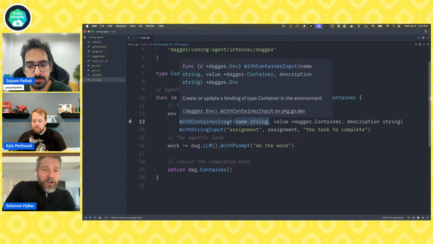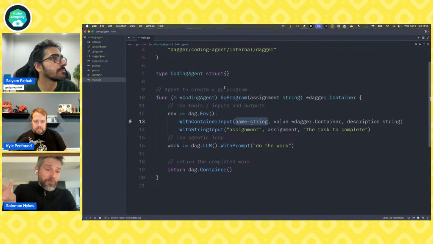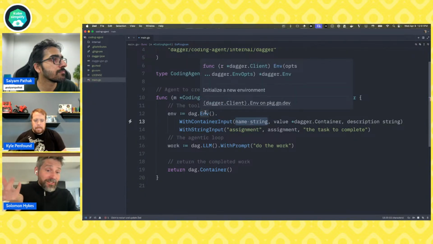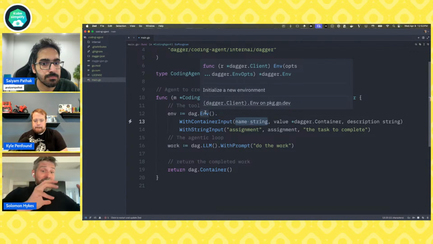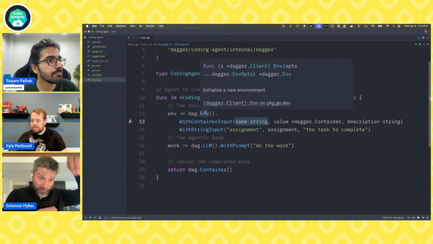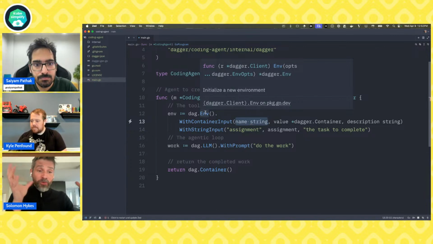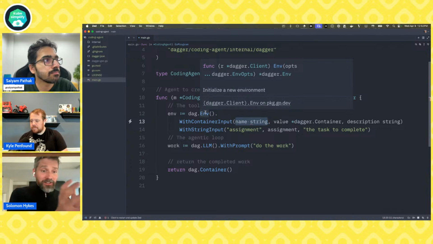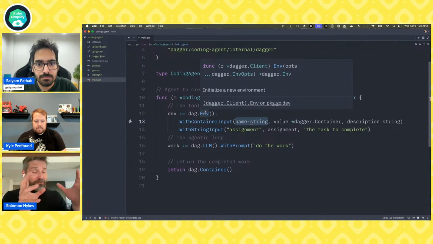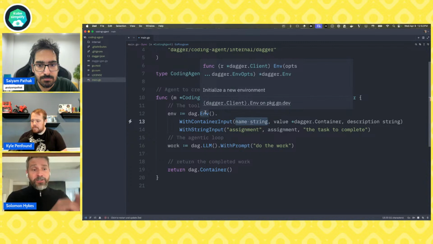Does that make sense why it says environment here in Dagger, and we're creating an environment, as in the sandbox where we're then going to place the robot, and what's inside the environment is all it will see, right? If it's in the environment, then the agent can interact with it. If it's not in the environment, it doesn't exist, because the agent will be in a sandbox that you control. That's why it's called environment.